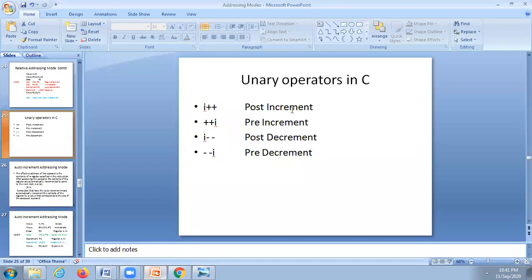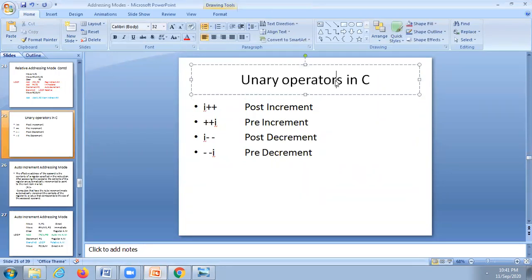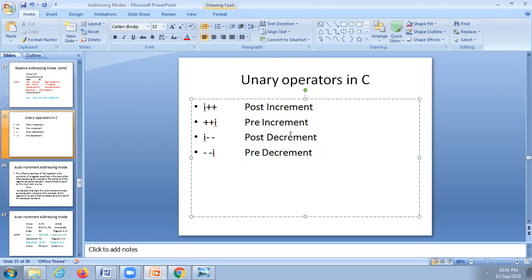Before going to this, you have already completed your course in programming in C. There you have learned about the unary operators. There are two types of unary operators: I plus plus or I minus minus, like post and pre.